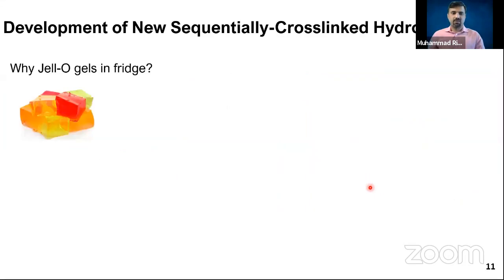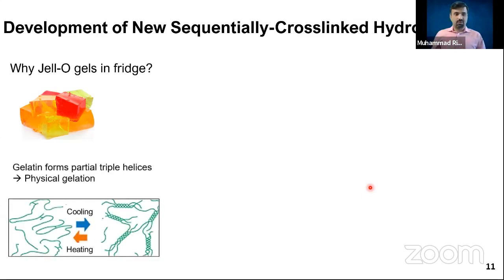So before that, my question is, why does gel set in the fridge? If you have made jelly, you know that we heat up this solution, and then we put it into the fridge and it gels. Why does it gel? It gels because gelatin forms triple helical structures when we cool it down. Those random chains of gelatin molecules get together to form these triple helical structures, and this non-covalent interaction between different chains causes it to gel. And that's how we get a jelly.